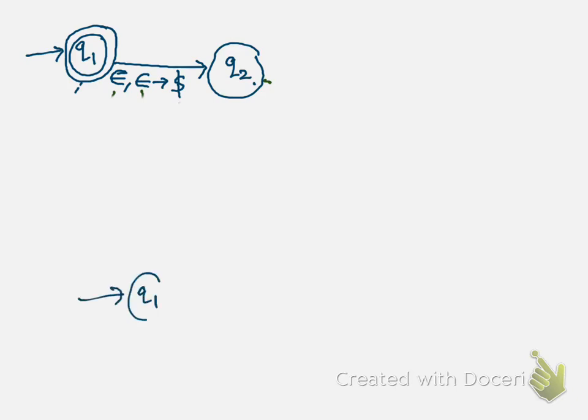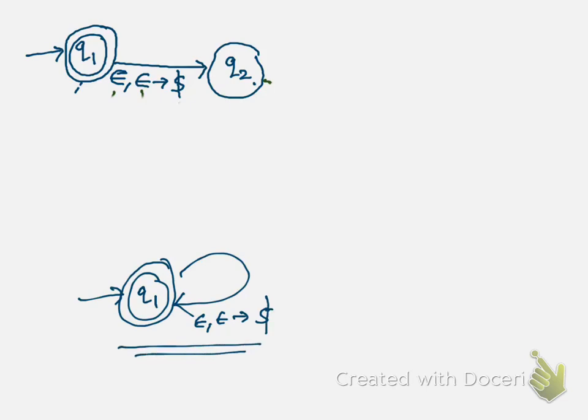So if I do it like this and I make this transition something like this, what will this do? I am on Q1 without seeing anything on the tape and without seeing anything on the stack. I just push a dollar and I am back on the same state. Again I can repeat the same step, right? Without seeing anything on the tape, without seeing anything on the stack, push dollar. So such a loop will keep pushing your dollars infinitely. I do not want to do that. We want only one dollar as of now in the stack.